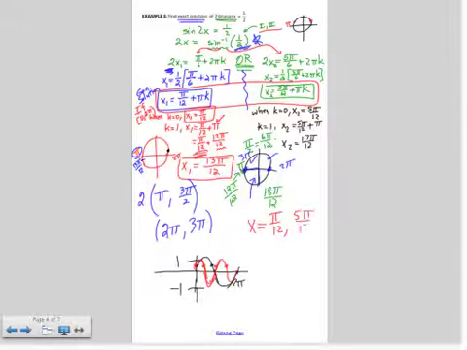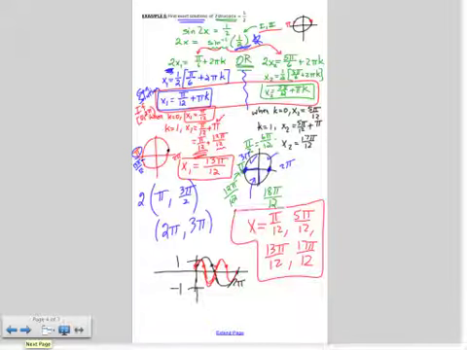So you can think of this in multiple ways. You can think of it as the unit circle. You can think of it as the graph that we've done. All of this stuff connects. You have to be able to connect the information so that you can build a full understanding of what trig